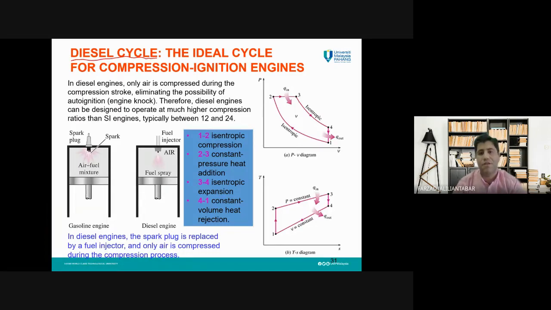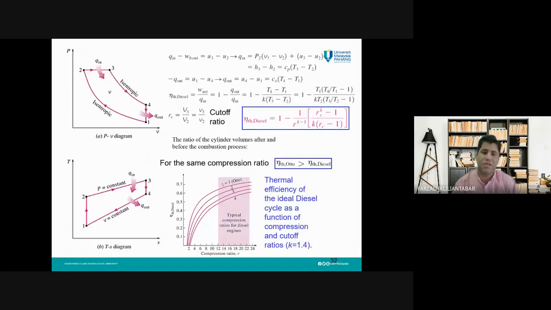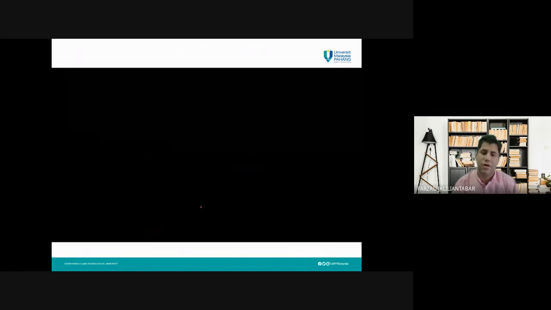We have seen the differences between the diesel cycle and the Otto cycle. We have discussed the processes we have in the diesel cycle, and also you know about these processes in the Carnot cycle. I introduced you to the PV and TS diagrams of this cycle. Now in this session, we are going to